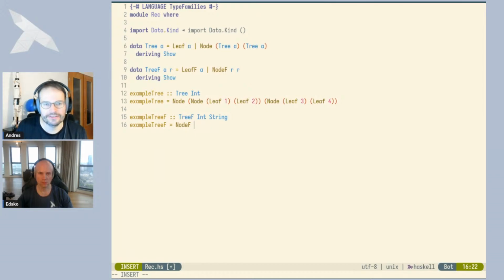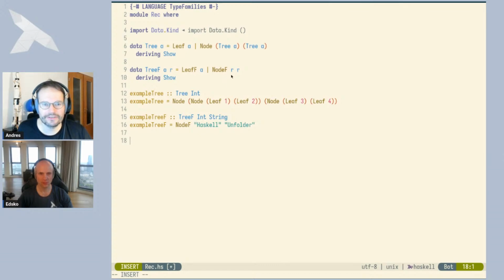The node case has two R's in it, and we have instantiated the R to string, so I can do something like Haskell Unfolder, or perhaps I should have been writing happy birthday or something like that. But an interesting instantiation is the one which gives us back something which is very similar to the original data